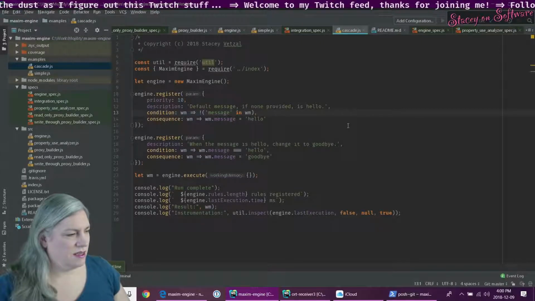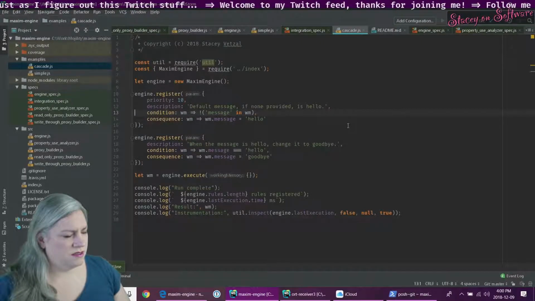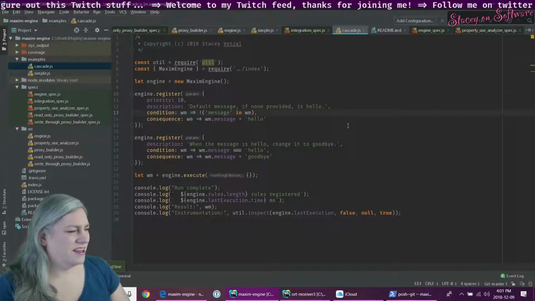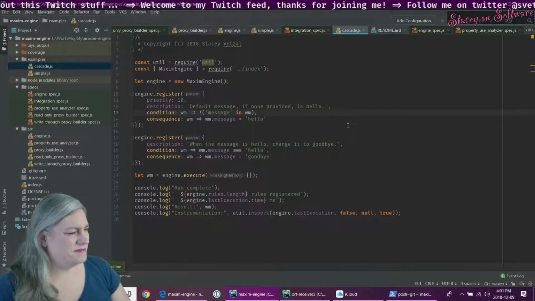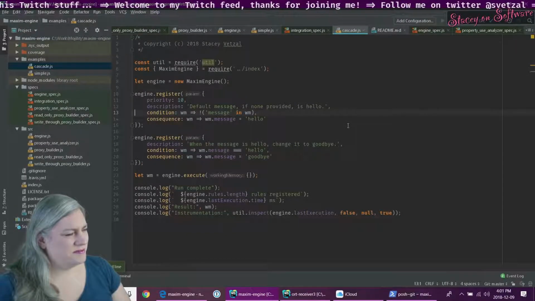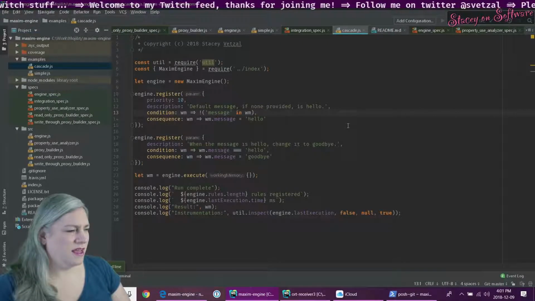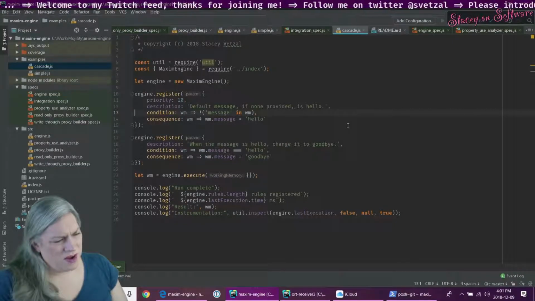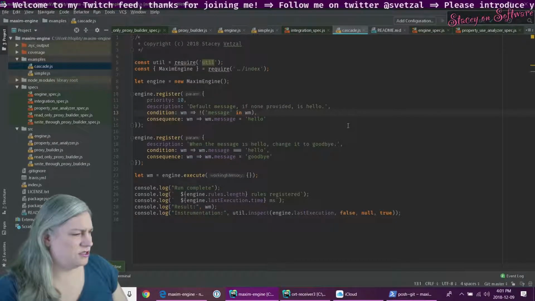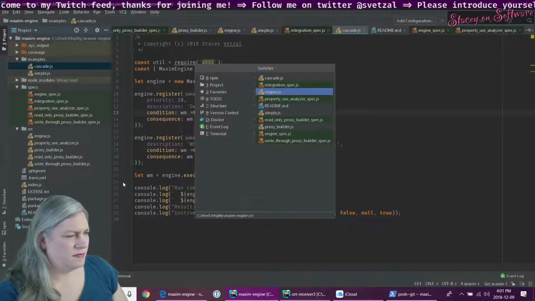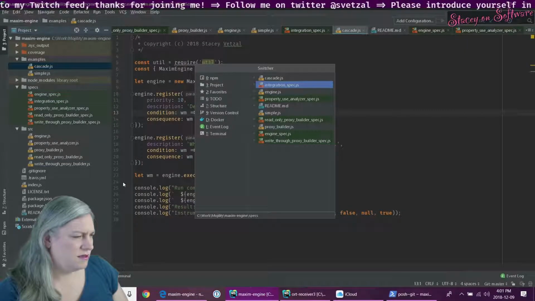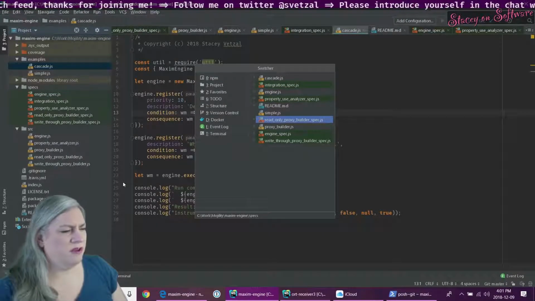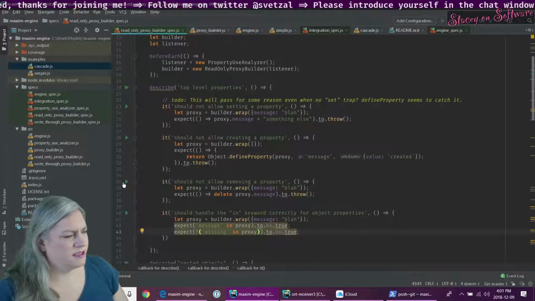Found a bug. Think I found a bug. No, I didn't find a bug. Thought I found a bug, didn't find a bug. Although, maybe I did actually find a bug. Hang on. I'm going to go back on this. So, when I reference that message in a condition, the proxy, so let's see, the proxy builder is fine,